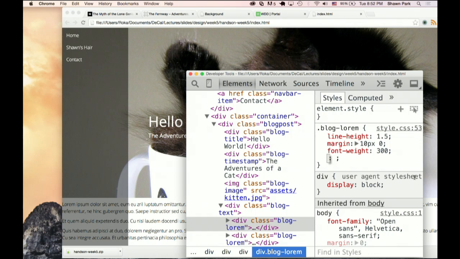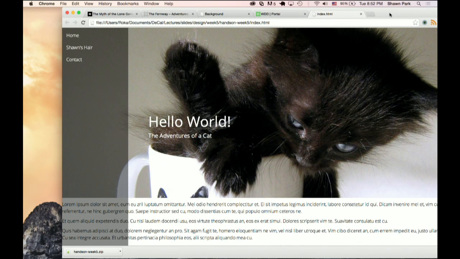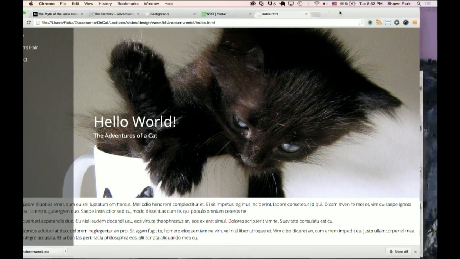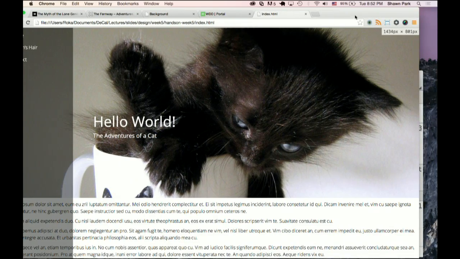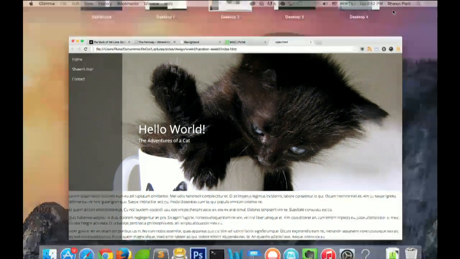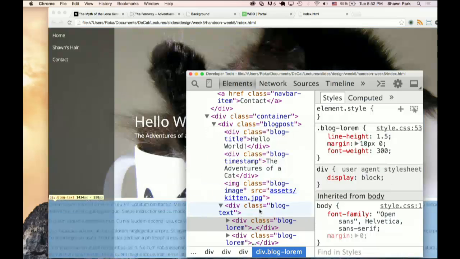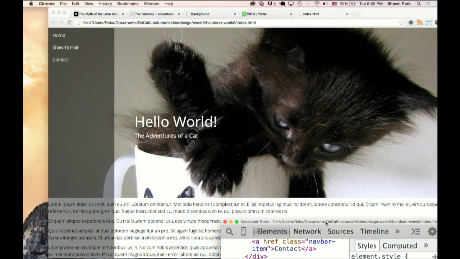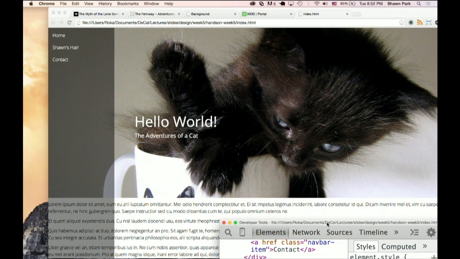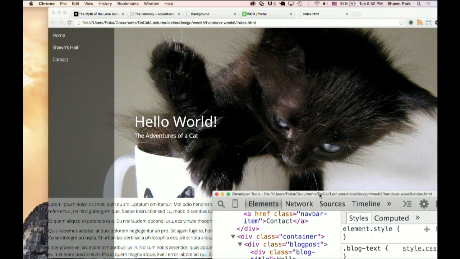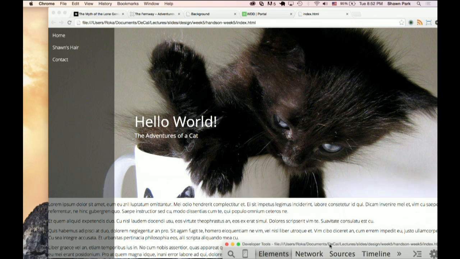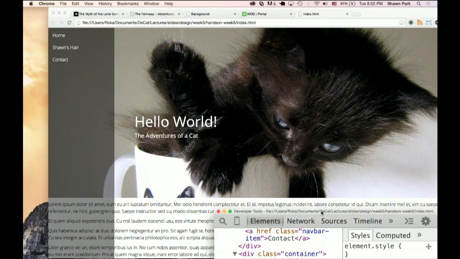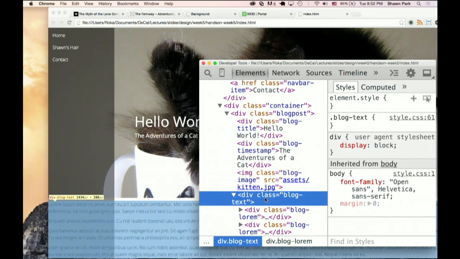Okay, now since the text is still stretched across the entire page, how can we make it so there's some spacing on both sides so the text is centered on the page? Someone want to guess? Margin? What kind of margin? Margin left.